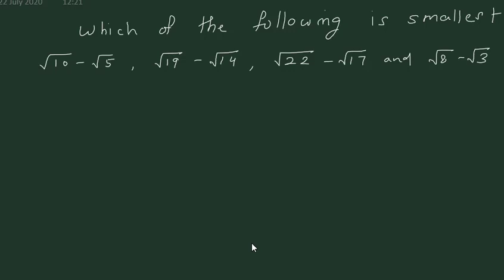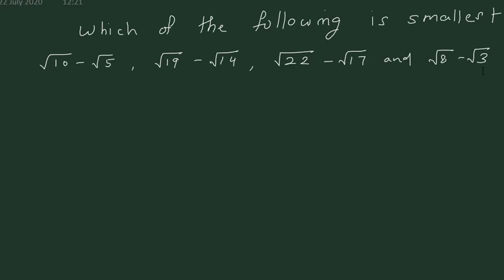Namaste everyone. Let us discuss a very interesting question. The question is, which of the following is smallest? You have root 10 minus root 5, root 19 minus root 14, root 22 minus root 17, and root 8